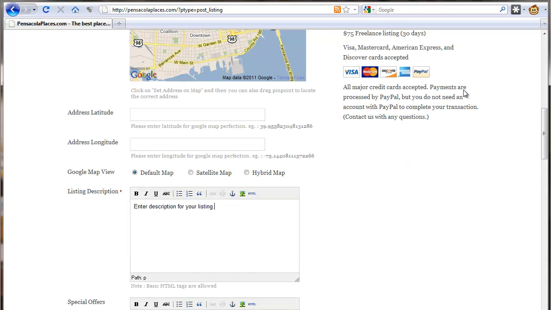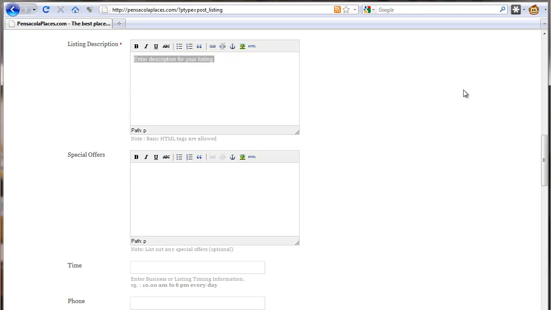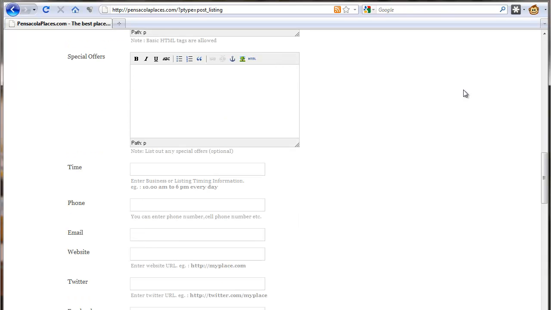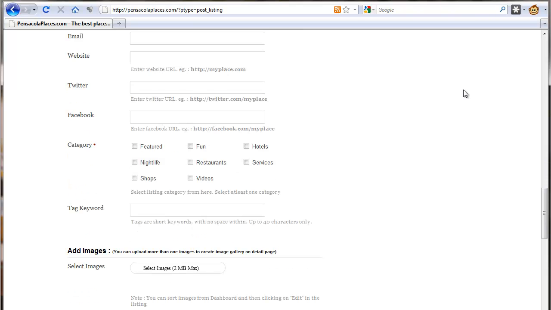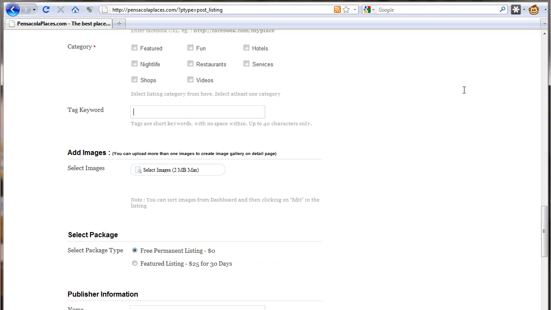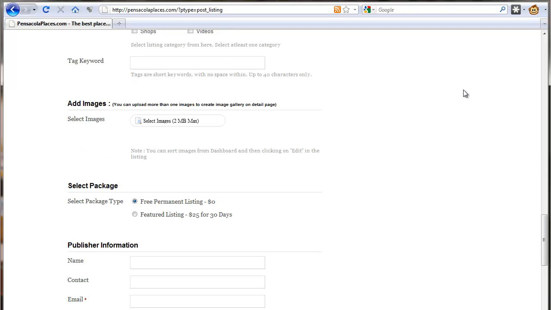So they can enter description, they can enter special offers like coupons or whatever, time, like what times are they open, phone number, email, website, Twitter, Facebook. They can choose a category, they can choose multiple categories, they can put in tags, which are keywords, good for SEO. They can add images, they can add tons of images. Each listing has a gallery of images,